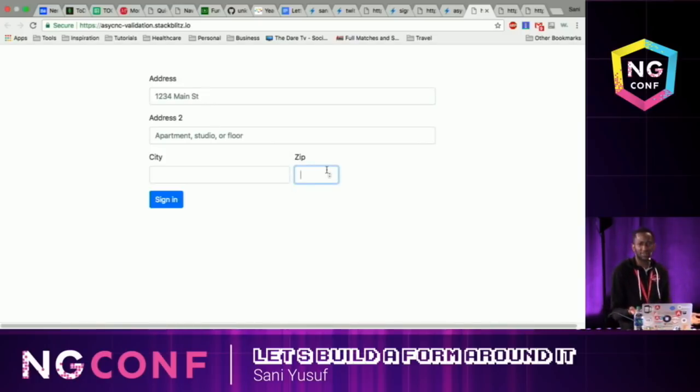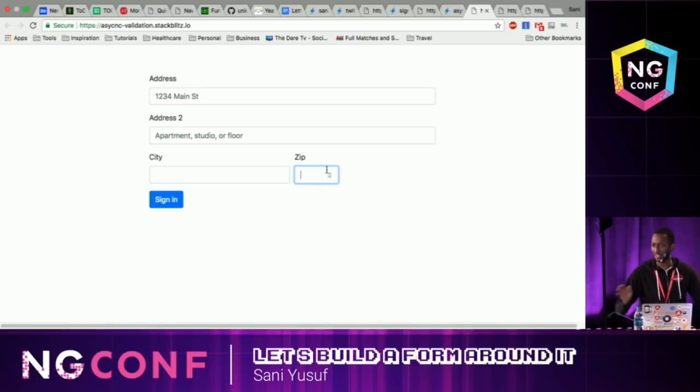But it's very similar. When you're ordering some stuff sometimes, you want to know if people can deliver to you. You don't want to send that to the server. But you need to make a server call, an HTTP call. Angular Reactive Forms has something called async validators that will actually send an HTTP call and wait for you to come back to calculate the validity of a specific form control or form group. So let's use the zip code, for example. I've written this code where I only deliver to Beverly Hills, California.